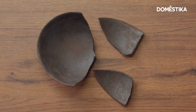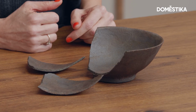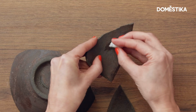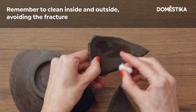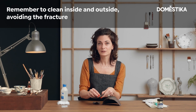The first thing you have to do when restoring a ceramic piece is to clean it. We usually use small cotton pieces soaked in alcohol. So you have to clean it, the inside part and the outside part also. Be careful to not go over the fracture because we don't want them filled with cotton hair because they won't